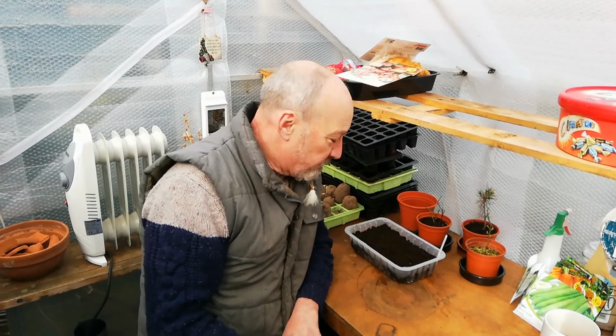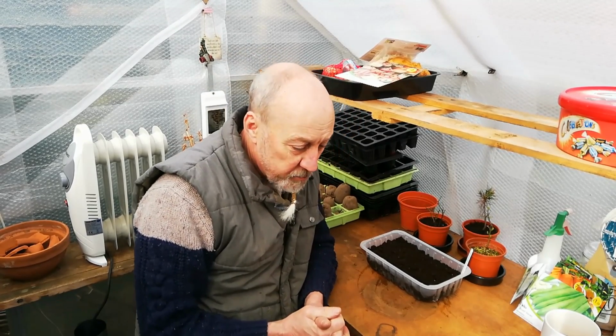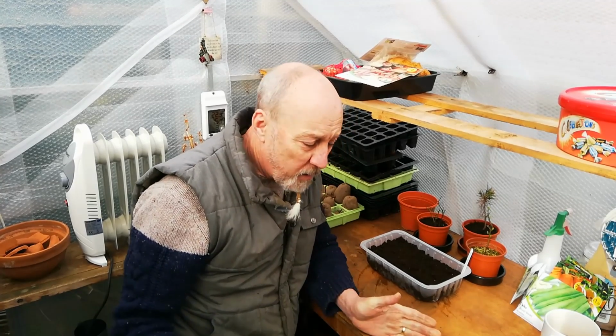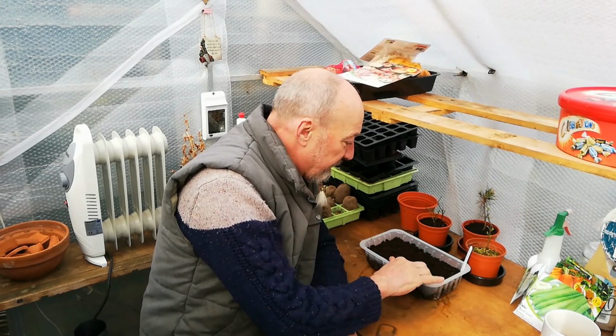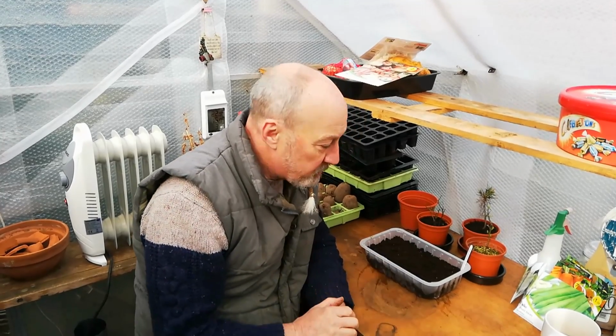I've got these in the greenhouse. You can put these on your kitchen windowsill, your conservatory windowsill, spare bedroom, kids' bedroom, anywhere you like. You can put this now to germinate and grow. Ideal in the kitchen. If it's growing near where you're working in the kitchen, little pair of scissors, snip off